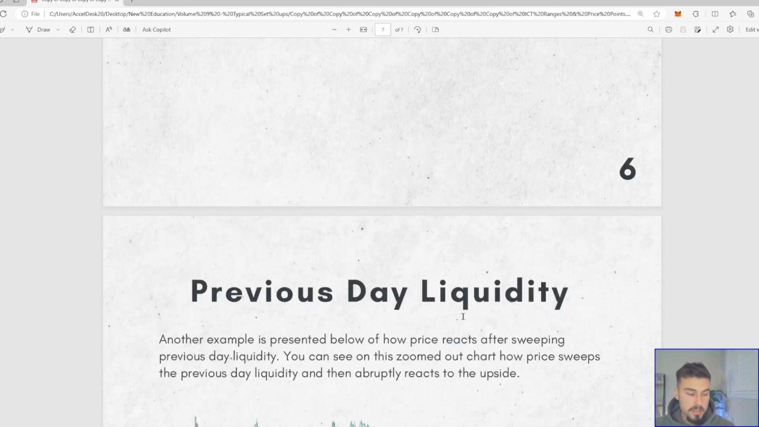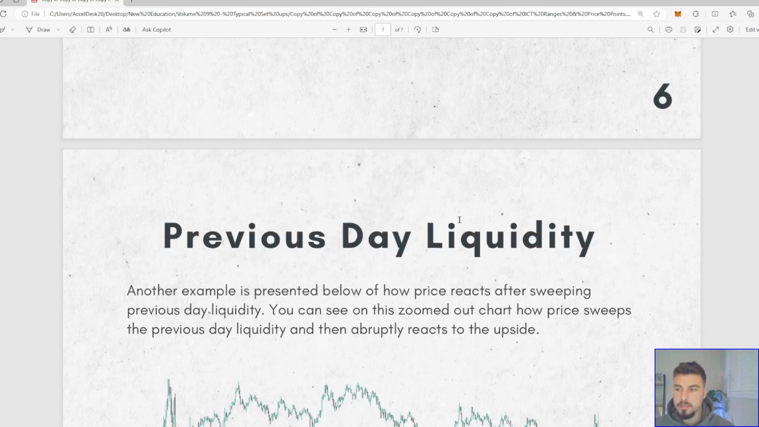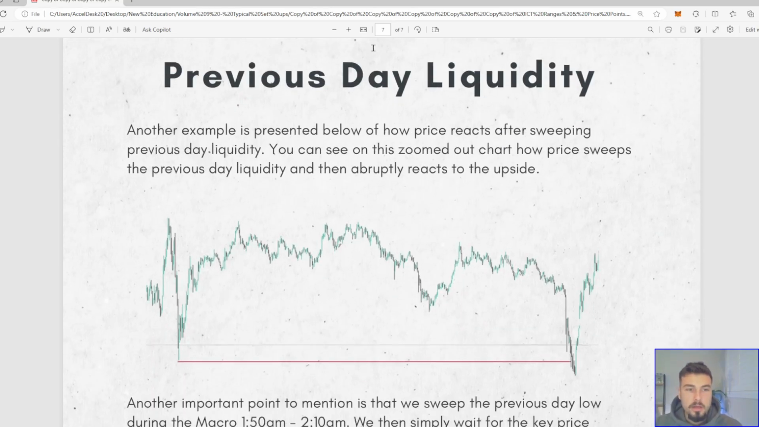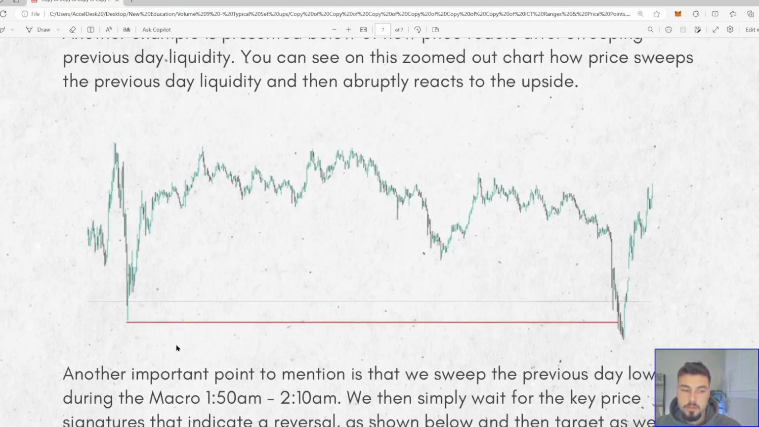Now, let's look at another example of sweeping previous day liquidity. We talked about this at the very start. It happens multiple times, at least once a week, I believe. Now, look at this, right? In the example below, I'm just going to zoom in a little bit. Look, you can see we come down and we sweep this previous week liquidity,